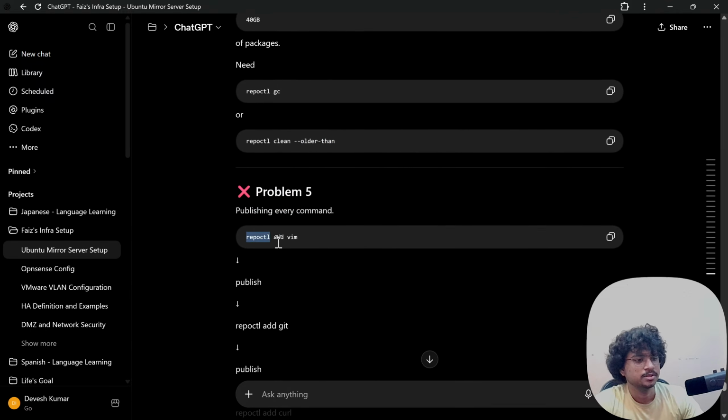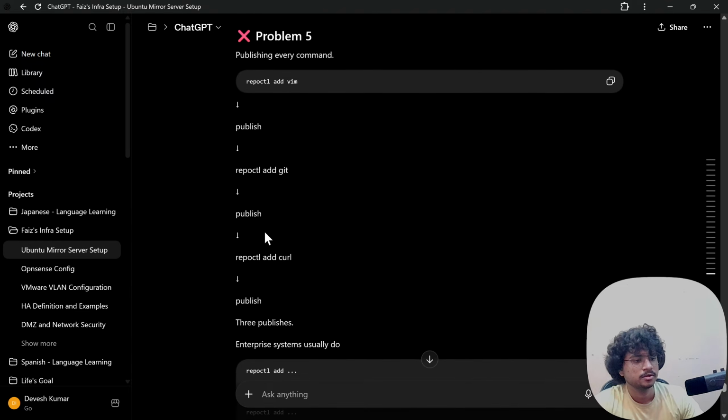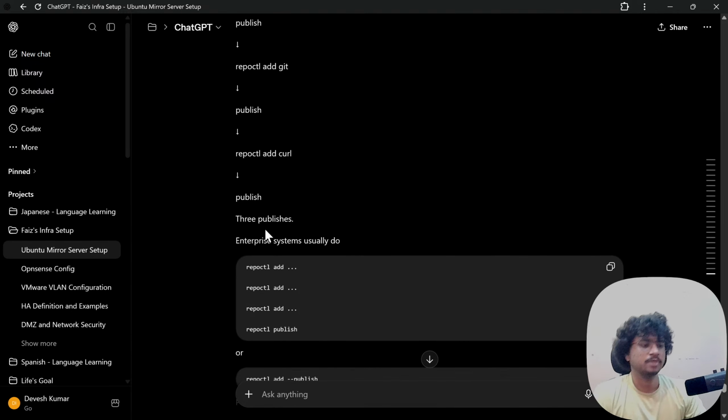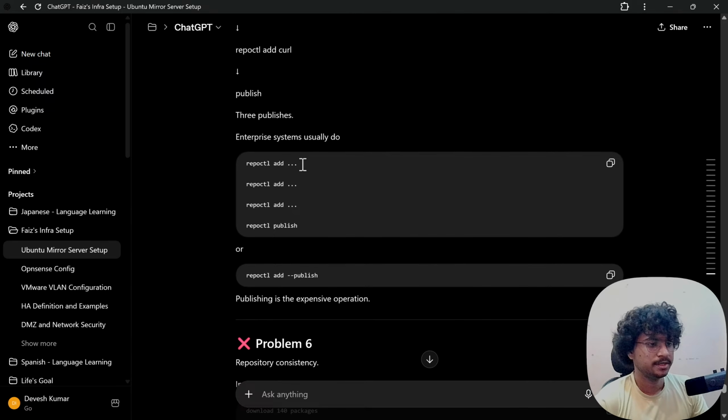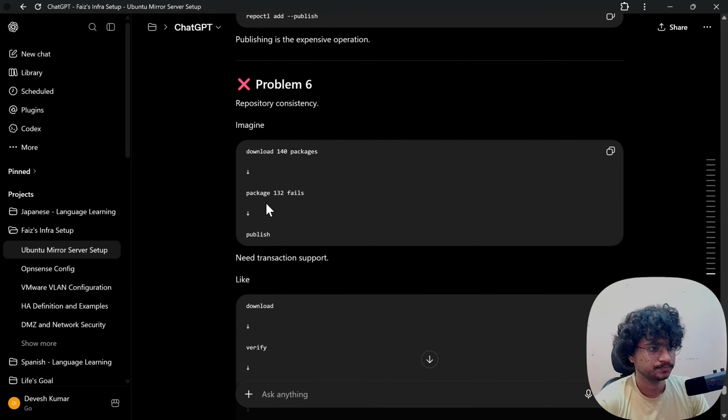Publish on every command. It republishes. Enterprise systems usually do add all and then publish. Publishing is an expensive operation.